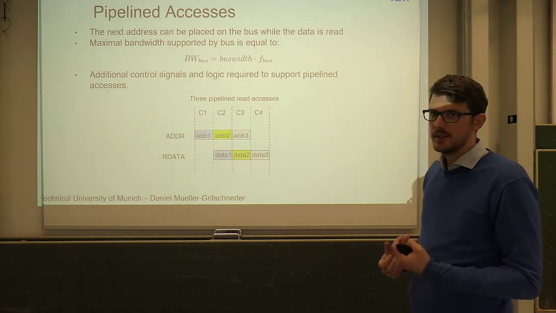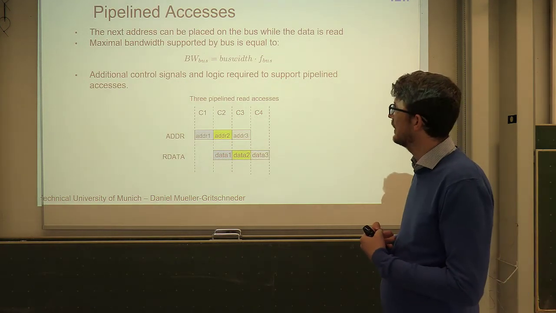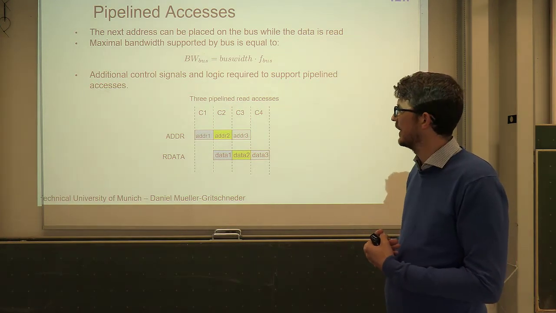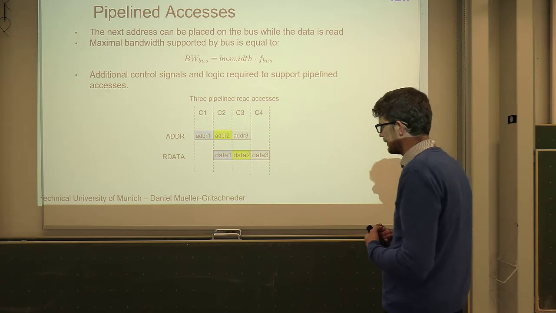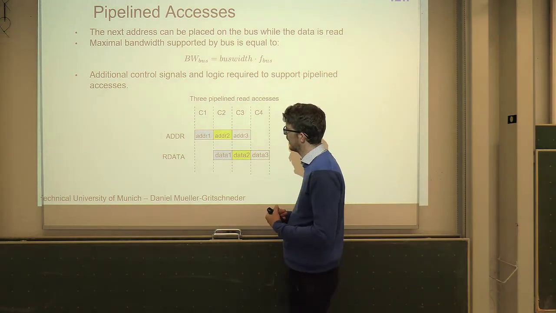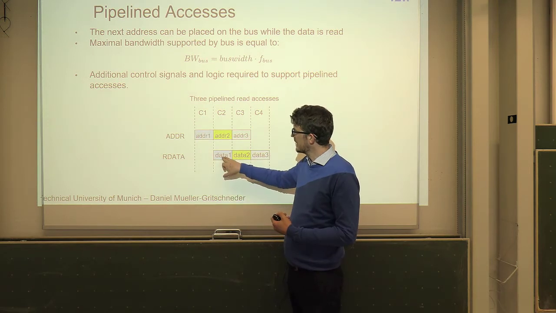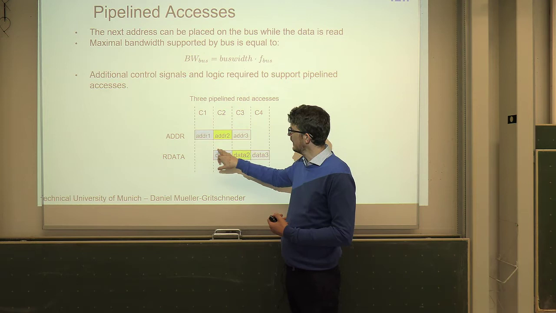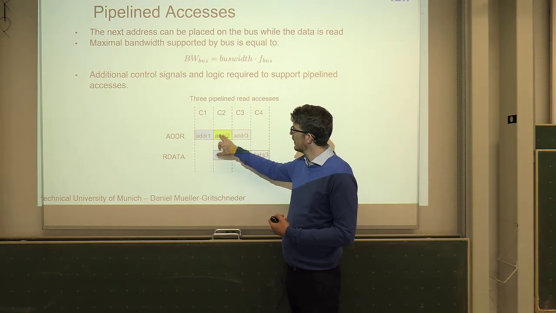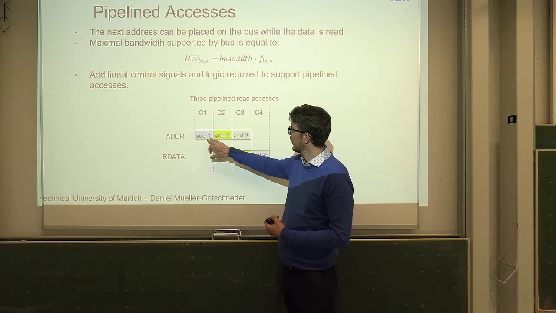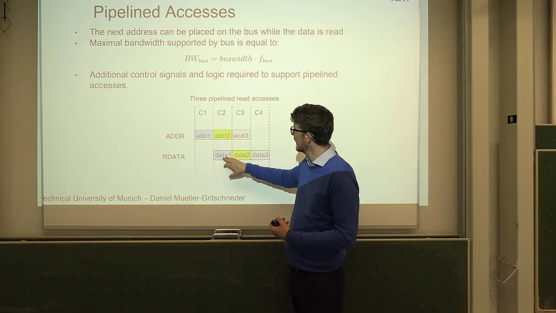Now, the first thing you can do to improve this bus is you can say this bus now should support pipelined accesses. And this means, similar to the pipeline in a processor, you put the address, and in the next cycle you get back the data, but you don't have to wait then, you can already in this cycle put the next address, right? And so you can put address, address, address, and then always the next cycle you get